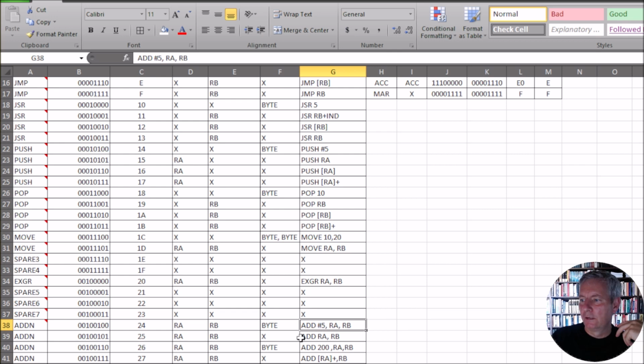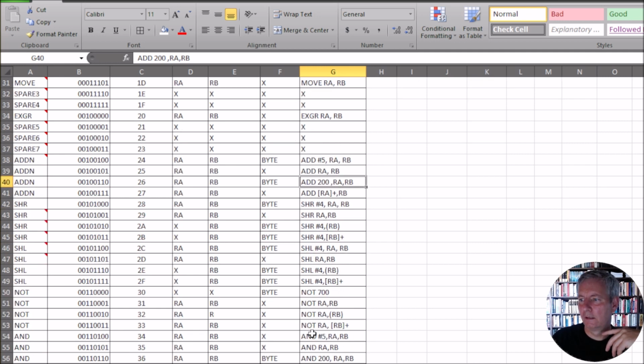And we've got the add, so we add the value 5 into the contents of register RA and we store the value in register RB. And this one here, we add the contents of RA to register RB and we store the value in register RB. And this one here, we add the contents of memory location 200 to register RA and store the value in RB. And this one here, as a